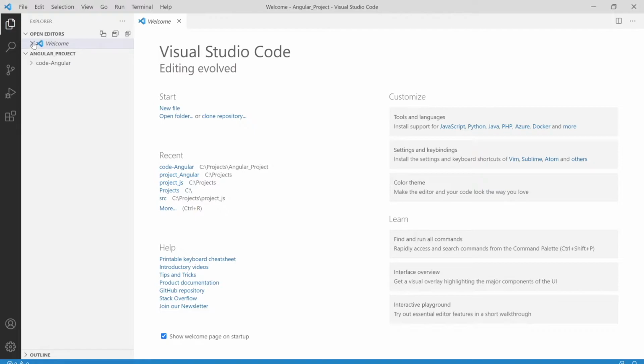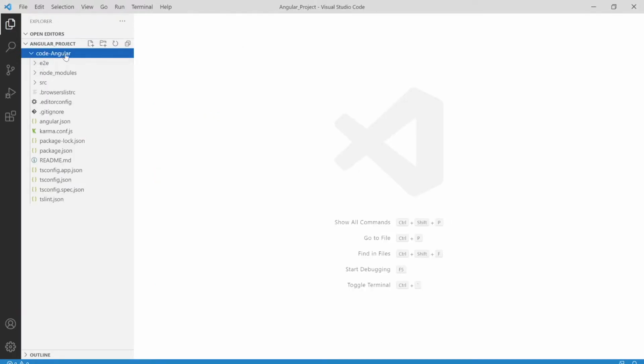So here, as you can see, our Angular code is here, and you can see we have particular files. So what are these files? Simply, these are the configuration files. If you go to the project, we have e2e, which is end-to-end testing. We have node modules, where all the node modules and dependencies of our project are installed, and then we have the src folder. In most of this series we are going to work in the src folder.